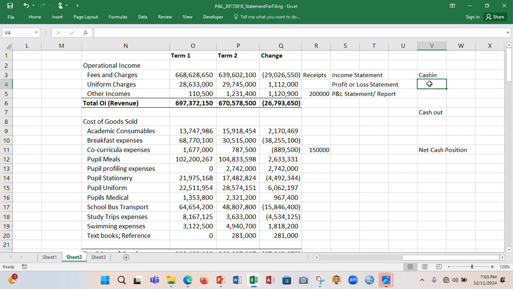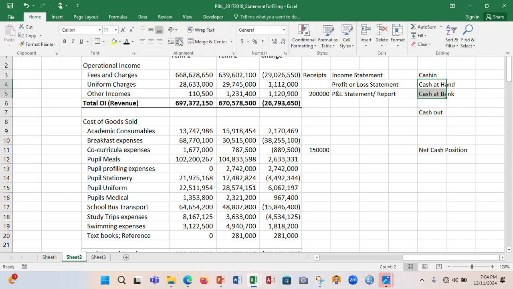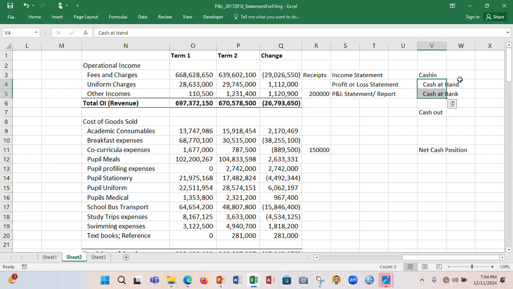So this one will have cash at hand, those are people who are paying it to you directly, and also cash at bank, those who are paying through the bank. Even cash in the mobile money is cash at bank. If you have here some 300,000 shillings and also have here some 200,000 shillings, we say, yeah, now